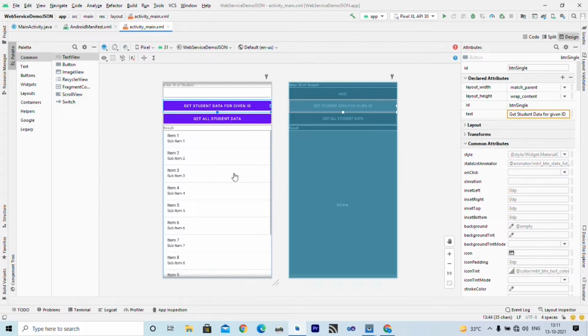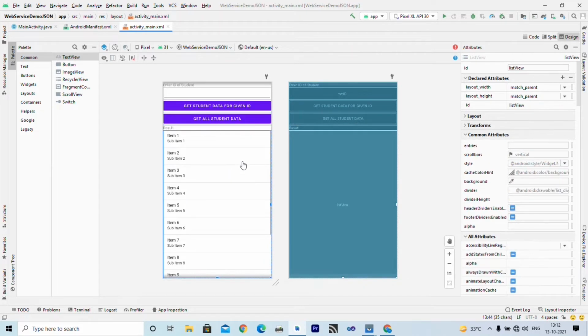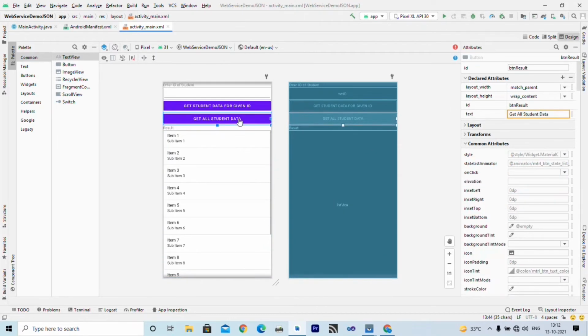Similarly, to fetch all student data, we will click on this get all student data button, and whatever result is returned by the URL is displayed in this list view, with ID list view. The ID of this button is btn result and the ID of this button is btn simple. I hope you understand this interface, which is very simple, right?